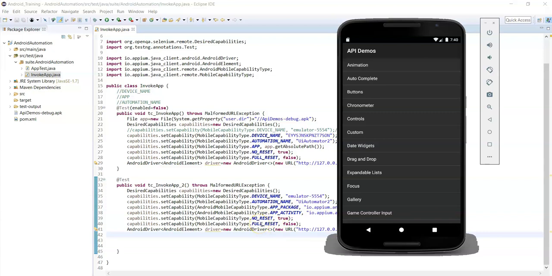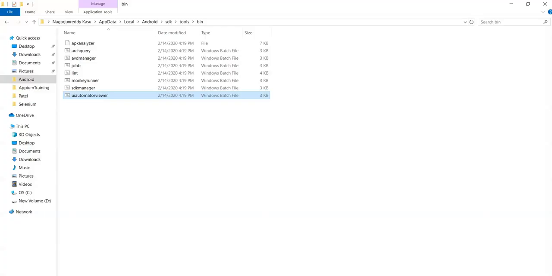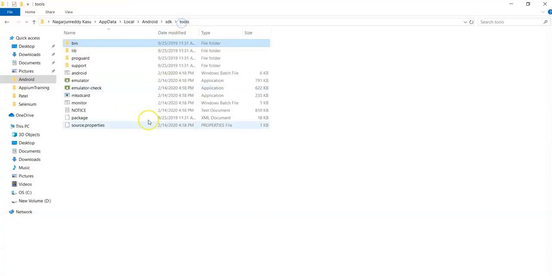This monitor is available in the tools folder. Simply navigate to the Android SDK tools folder and you can see monitor. This is also a batch file and it is same as the UI Automator viewer which we saw previously.